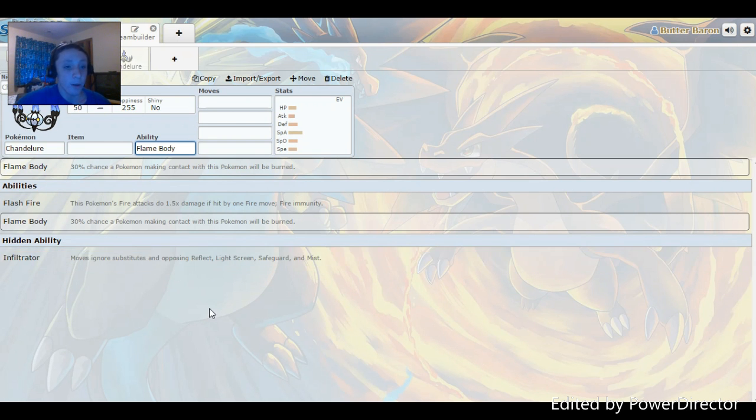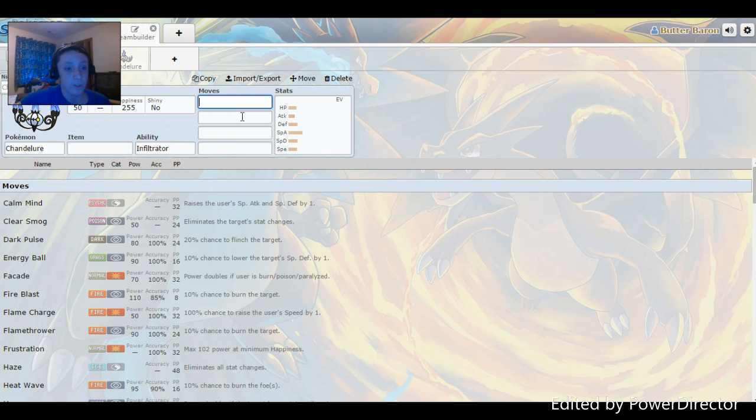Mist. Now what this means is you can hit through substitutes and any of this stuff. If they have a substitute out, you basically just take them out anyway. You don't even acknowledge that the substitute or whatever is there. So